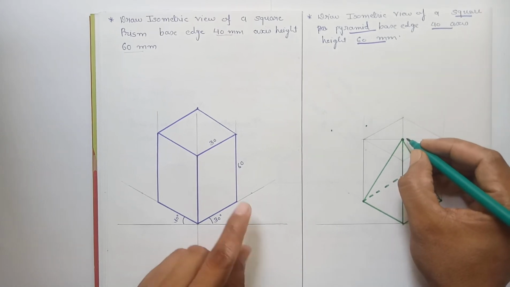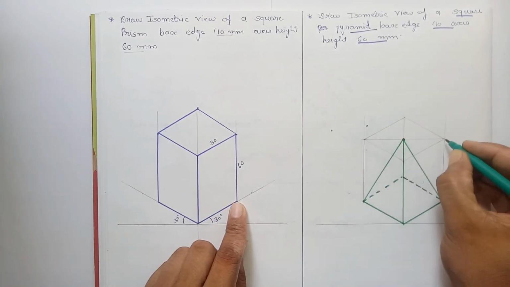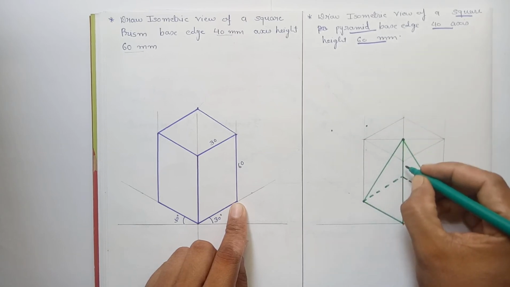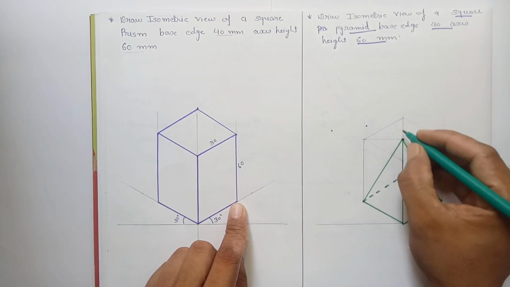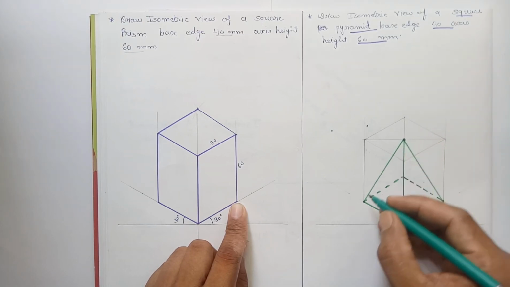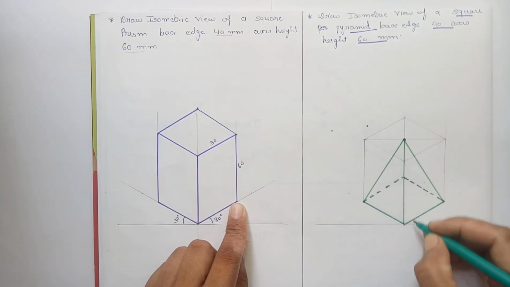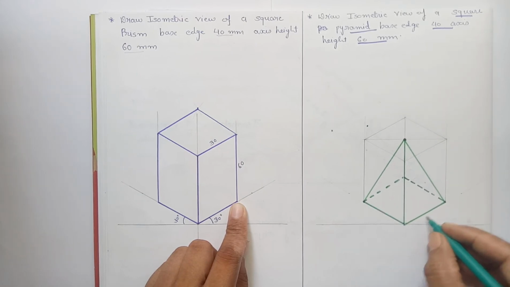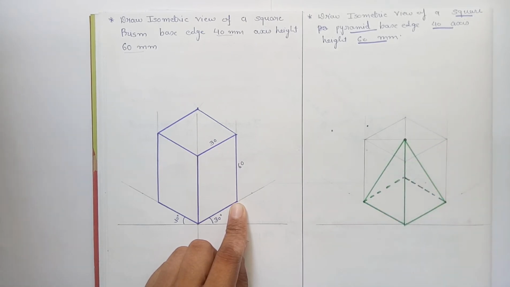To mark the center of the top face, we draw two diagonals of the top face, 1, 2, and the intersection of the two diagonals will give us the apex point of the square pyramid. Now join this point to the base corners, 1, 2 and 3. Join the base edge. So this will be the square pyramid